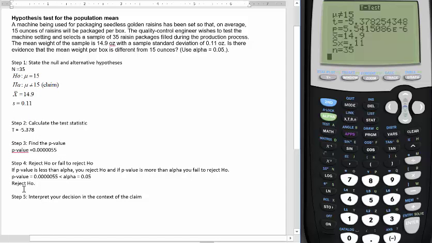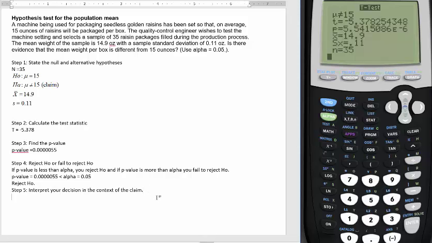Okay, so step number 5. The calculator does not do step number 5. We have to interpret our decision. If we reject H0, the null hypothesis, then we support HA. It's always like that. The claim is in HA. You reject the first one, you can speak in support of the other one. And here's the language that you use here. There is enough evidence. At what significance level? At the 5% level of significance